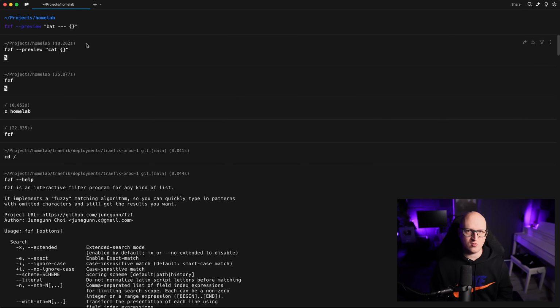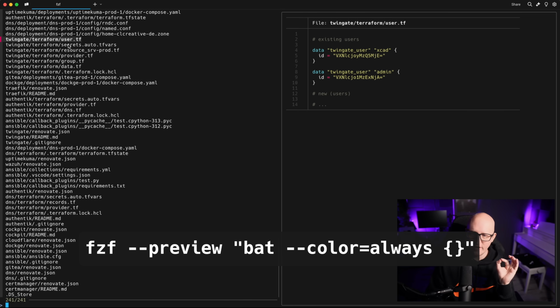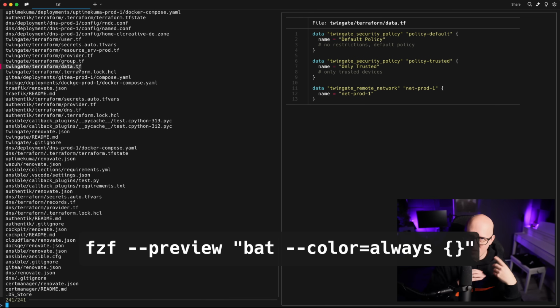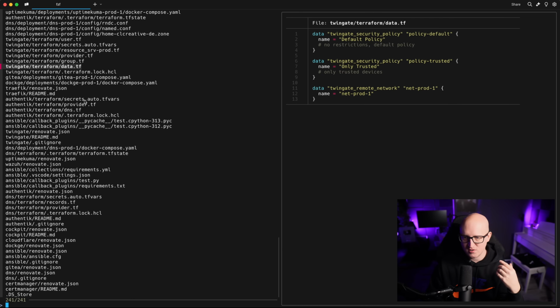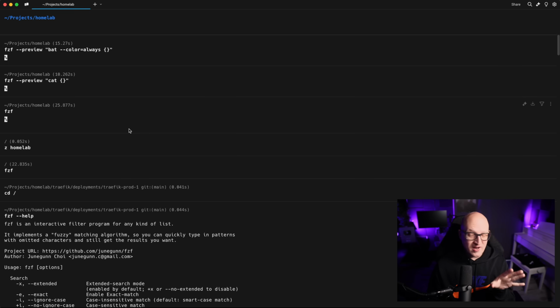You just need to make sure that you give it the parameter color always, and then you have a cool syntax highlighting preview for any items in any subdirectories of the current project where you're located. So this is really, really cool. But wait, it even gets a lot more useful because FZF is nice for searching and filtering through files, but